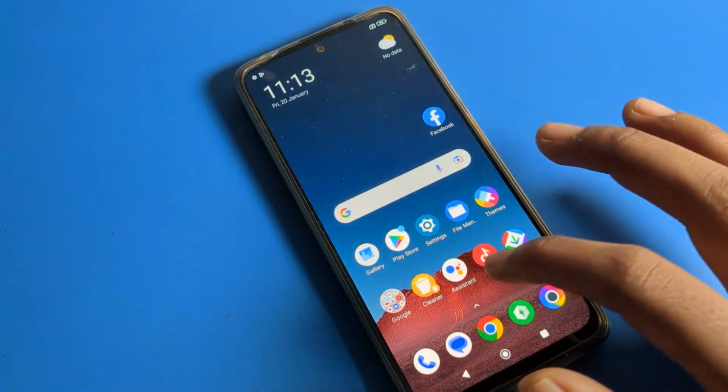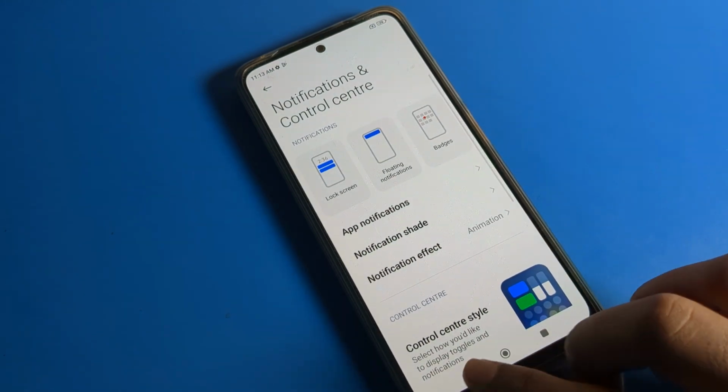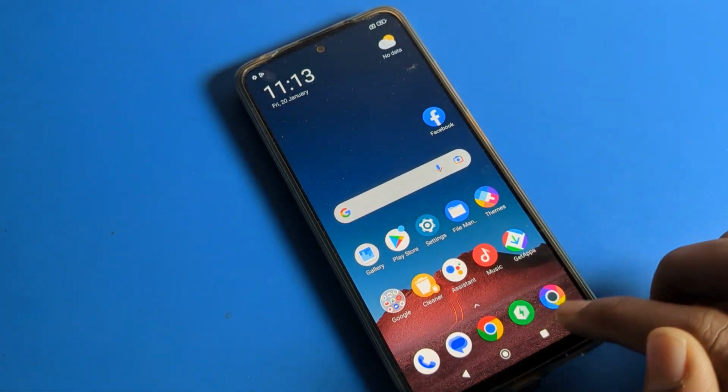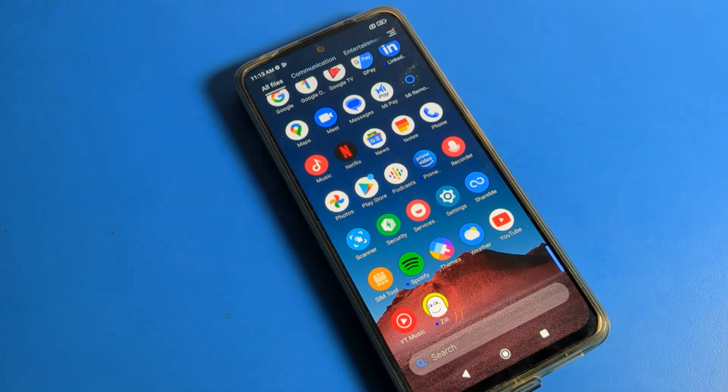So we call it tap sound. You can see that when I tap on any icon and when I click on any phone setting, I get the tap sound like that in my Poco phone device. So we call it tap sound. Hence, if you don't want to use it,